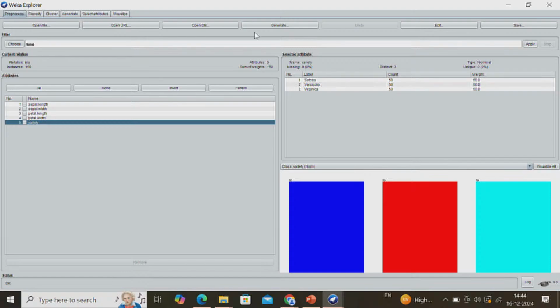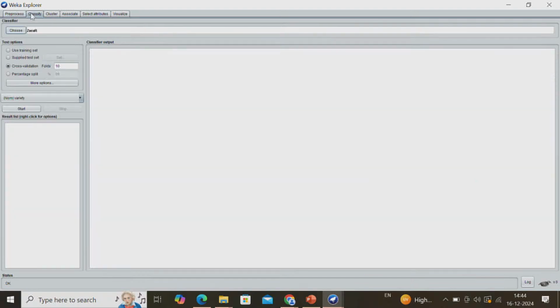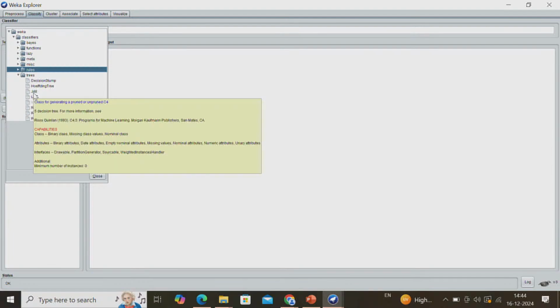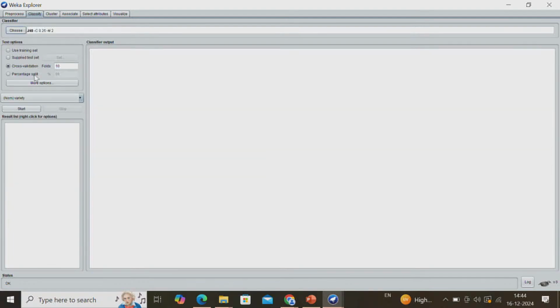Now, suppose I want to train a decision tree model. Go to classify, then choose the classifier. Many types of classifiers are there. Decision tree is a tree classifier, and the name of the tree here is J48, so I selected that. For model evaluation, I discussed how to test the performance: you can apply a separate test data set, use cross validation with k-fold, or split the data set into